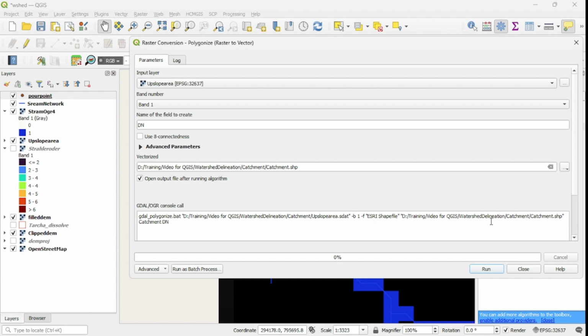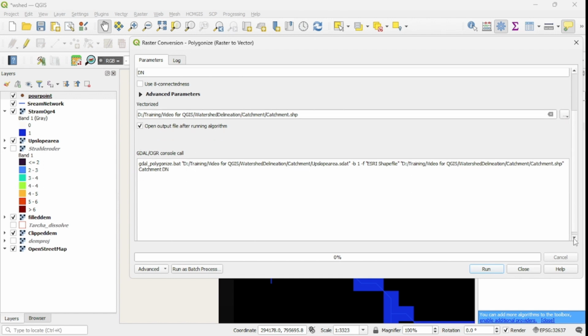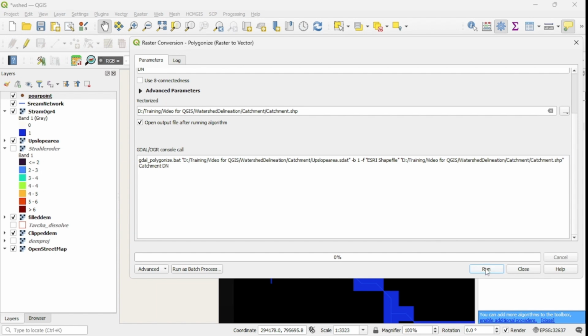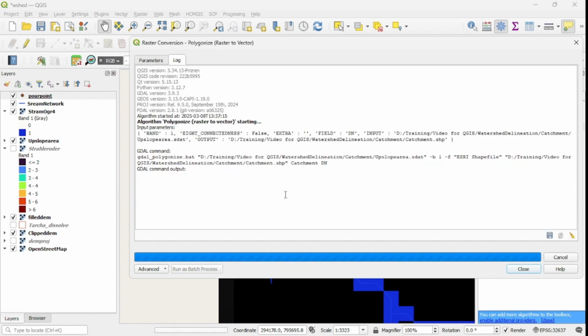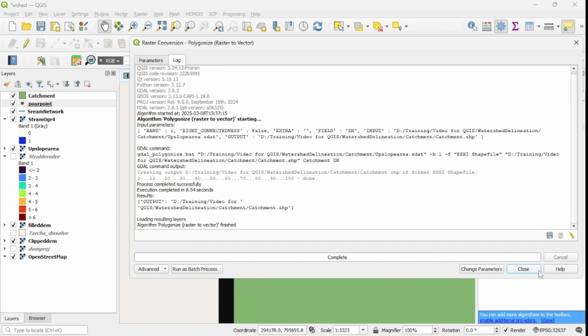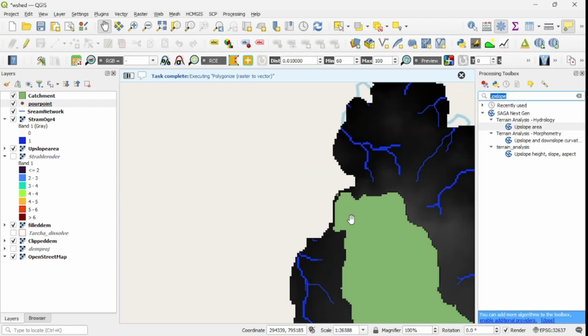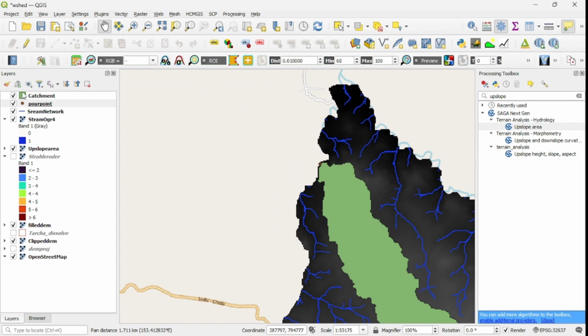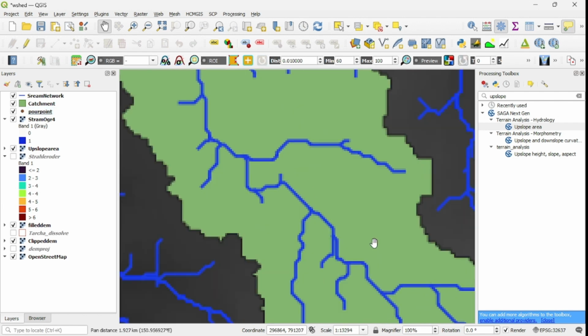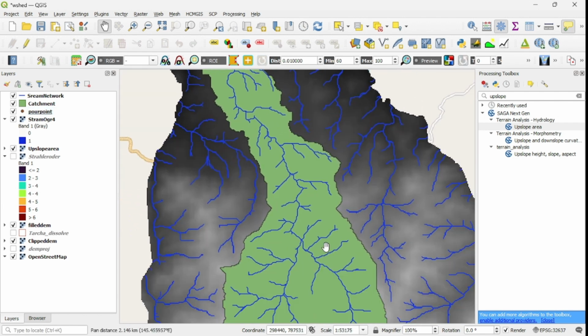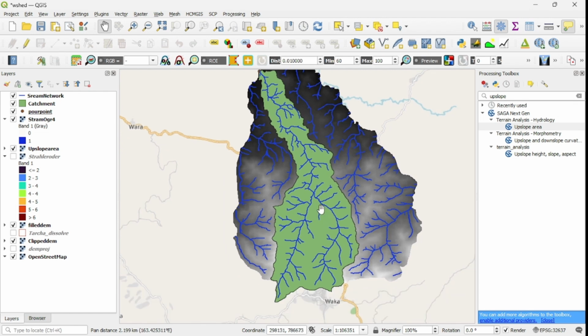And the other thing I can do is hit run. Yes, here is the catchment. I can overlay streams on it, and I can clip the watershed